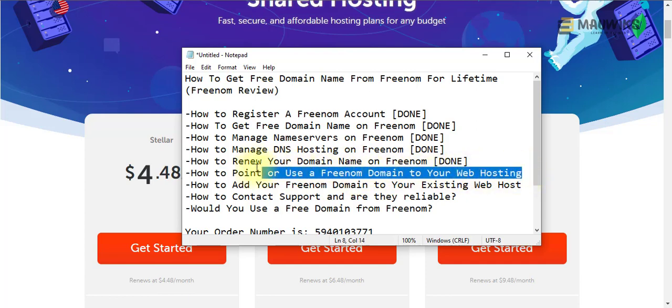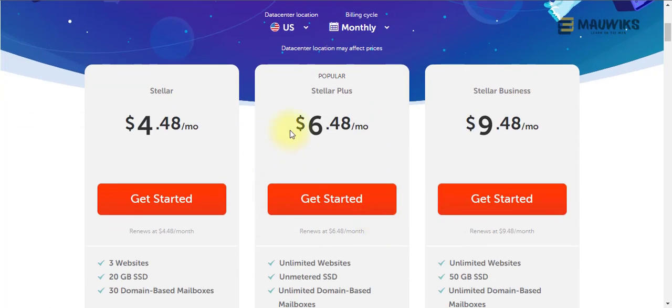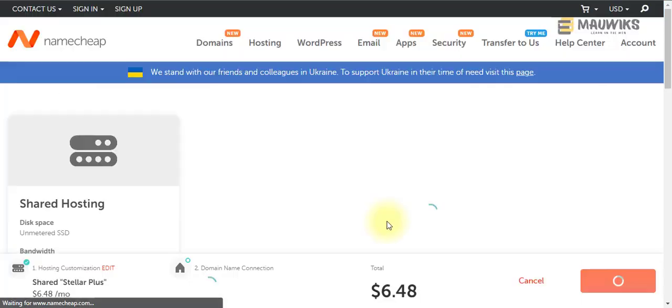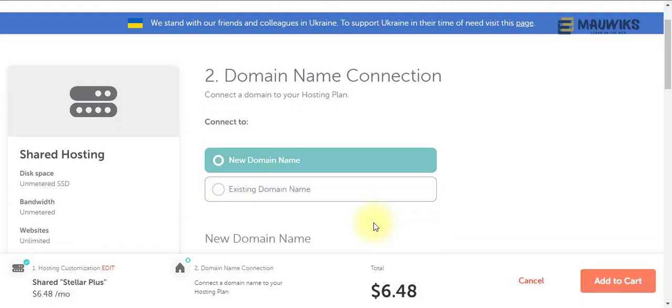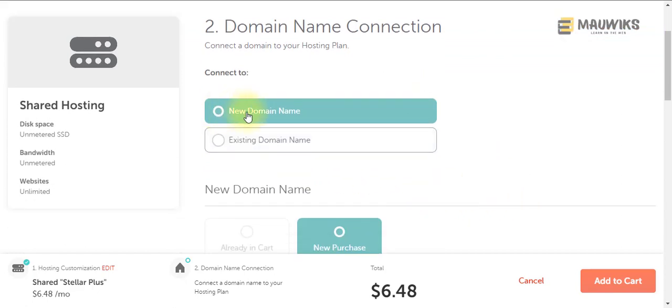So this phrase here, to my understanding, this is something that you will be pointing to first, if you don't have an existing web hosting. So let's say for example we register through this plan here, and as you can see they provide an option where